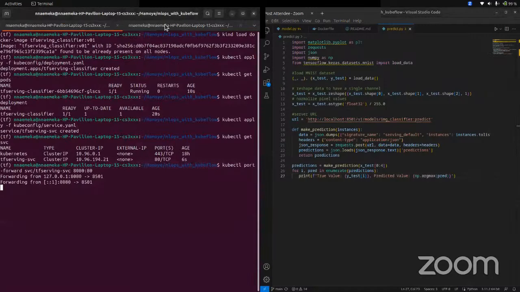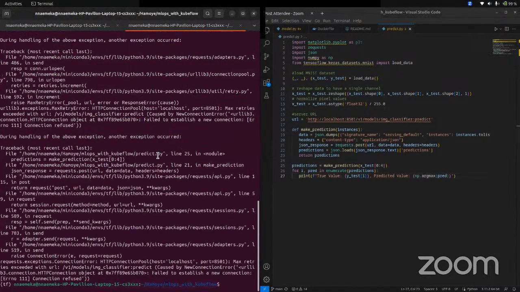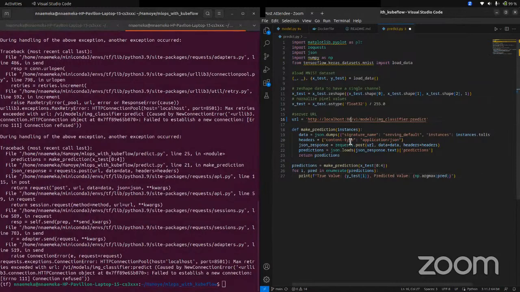So to make a prediction, I have to change it to port 8080. This is just for test purposes. Traditionally, you're meant to be able to access it through a URL, and you will not have to do all this. It's all done from the back end and front end. So now if I run the code,